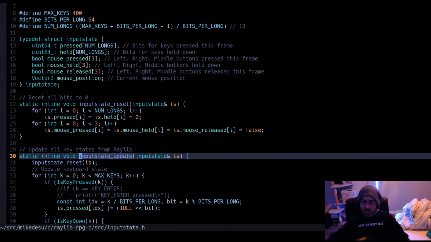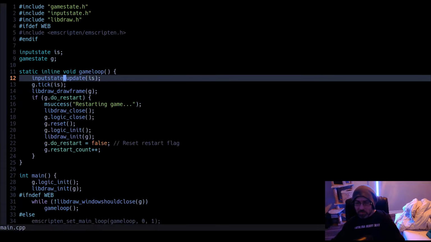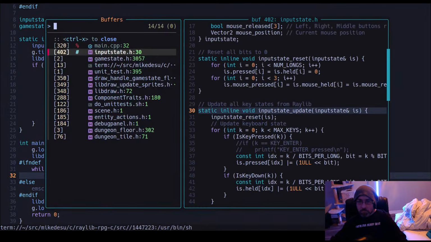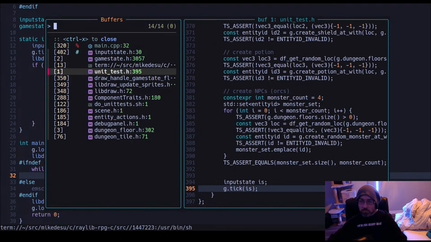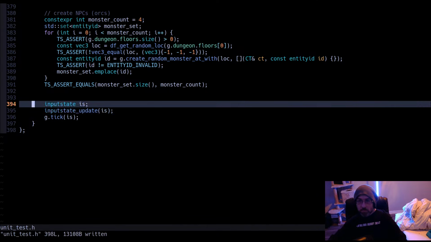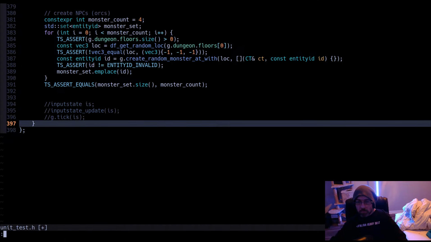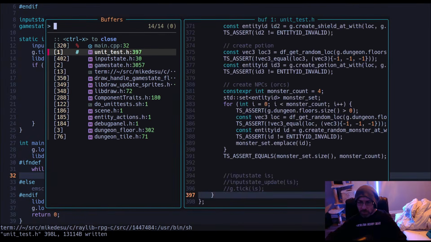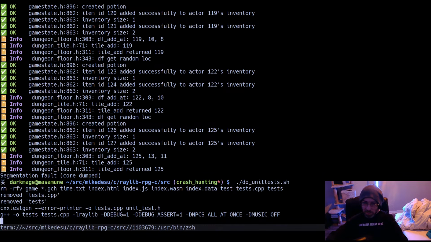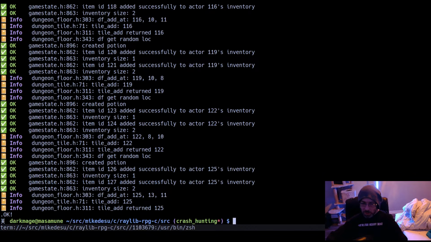Do we have to call input state update? Alright, let's try the original test without the new stuff. Okay, that works.